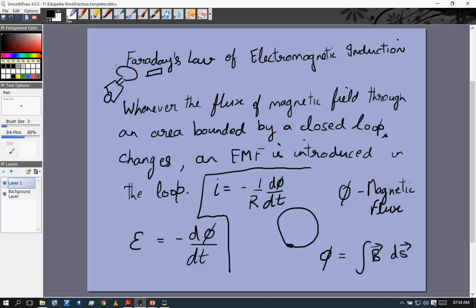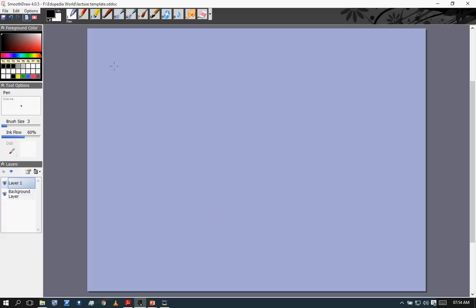But when we start moving the bar magnet, the magnetic flux through this loop changes, and when the magnetic flux through this loop changes, there will be an EMF induced in the loop. And if this loop has the ability to carry current, if it has not an infinite resistance, another way of saying it, then there will be a current induced in the loop. Now the current is given by another law, which is called Lenz's law,